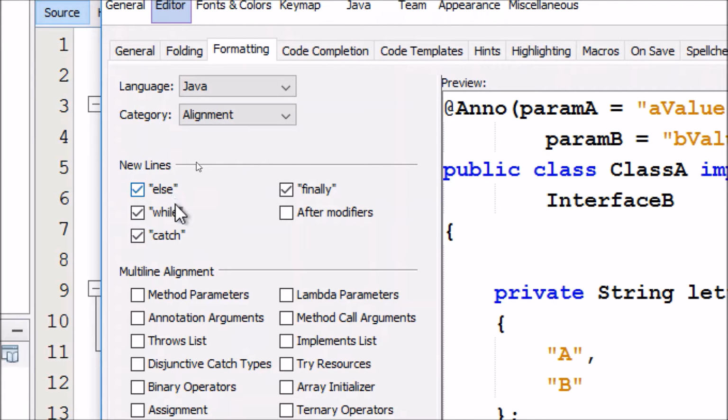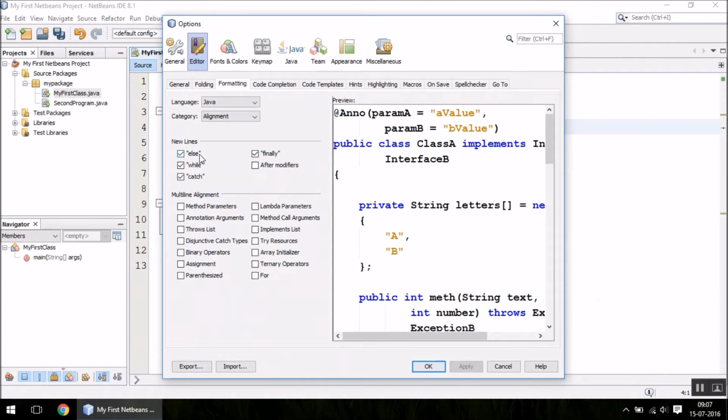I personally prefer to have new lines after else, while, catch, finally. Don't worry about these terms, I will explain them later on, but I personally prefer to keep them selected, so that as soon as I type else, while, catch or finally, I have new lines inserted automatically. I recommend that you do the same.